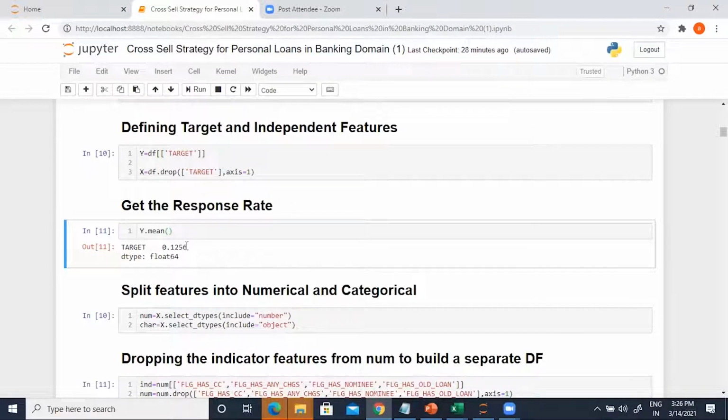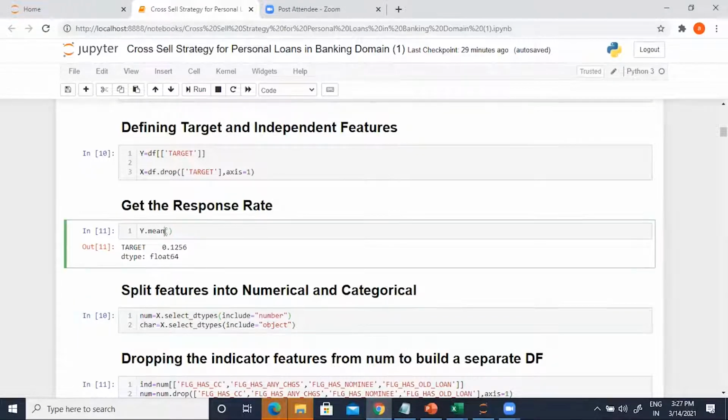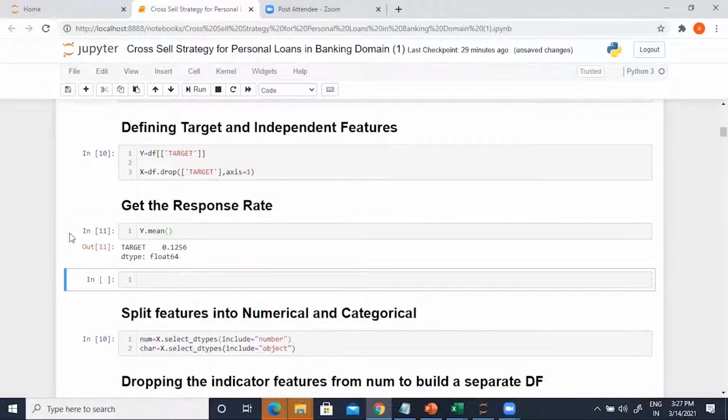Okay. Hello. So you are asking whether success means acquiring the customers. Success means responding positively, target equal to 1. So how does mean give you the response rate? It is giving the mean of your target variable, and that is the response rate.